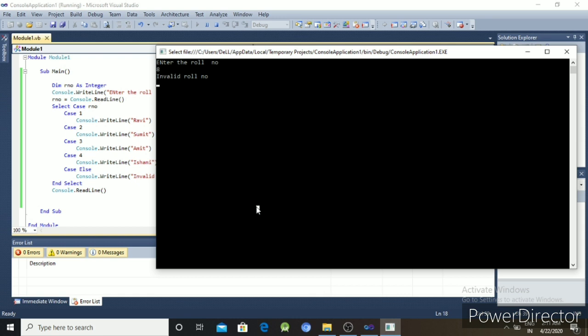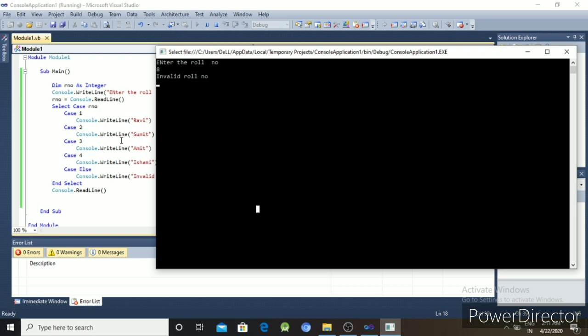In the ladder if else, suppose the first if block does not match, so control will be transferred to the second if else. But here the case value is directly executed.